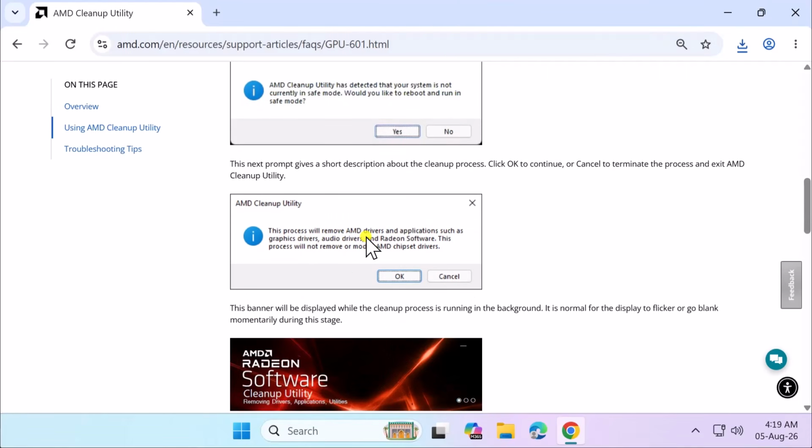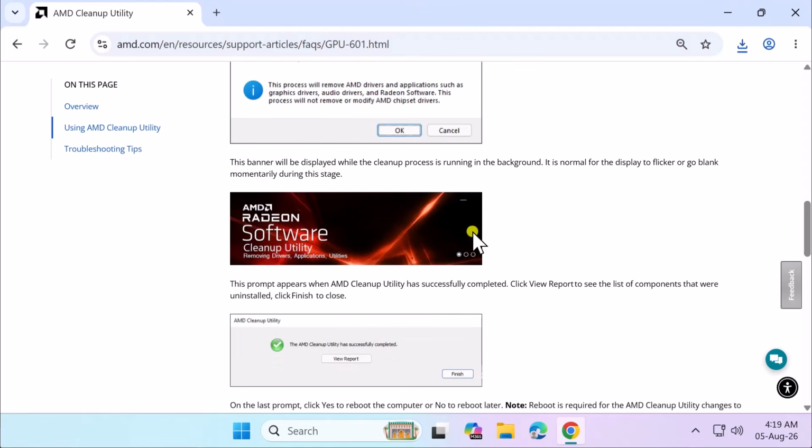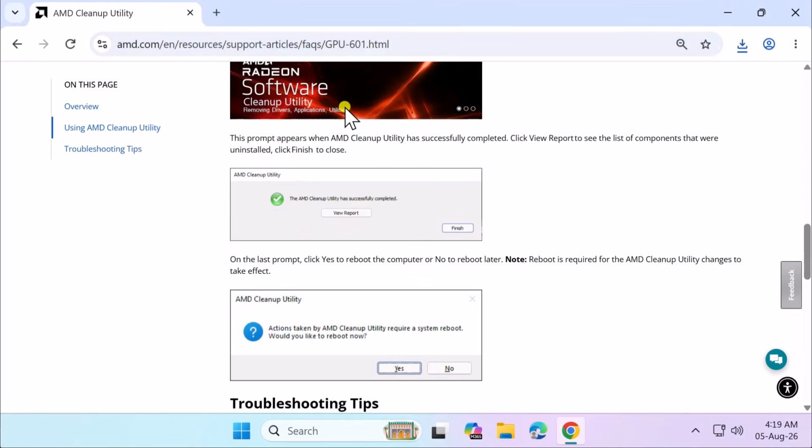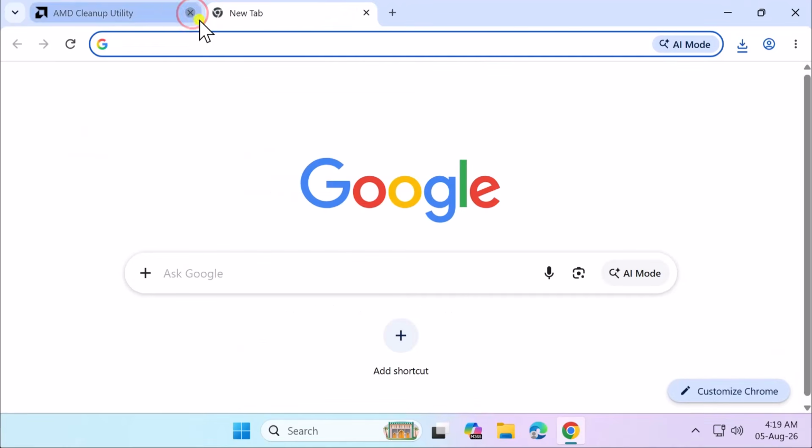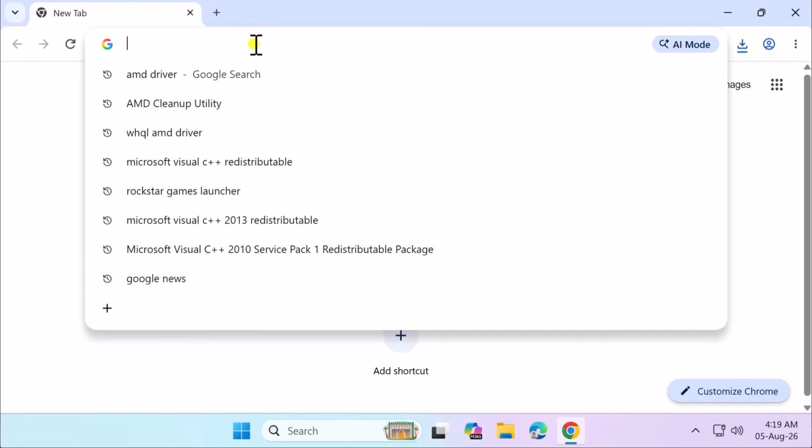This process will remove AMD drivers and applications such as the graphics card driver, audio driver and Radeon software. You can click on OK and you will see a screen like this. Simply run it. Then you will see the prompt: the AMD Cleanup Utility has successfully completed. Click on finish. Then reboot your PC, and after reboot, simply open the browser and here you need to type